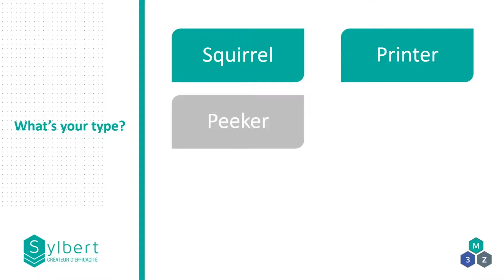Then there is the peeker. So a peeker is someone who will have a quick look at his email, probably on his cell phone, but he will only officially respond later when he's back at his desk, making sure to read everything for at least a second time. Then there's the copyist. This one has a very special technique for follow-ups. A copyist will CC himself on every sent email, so that way the emails that come back in the inbox, that's his reminder to do a follow-up. And yes, we see it very often.